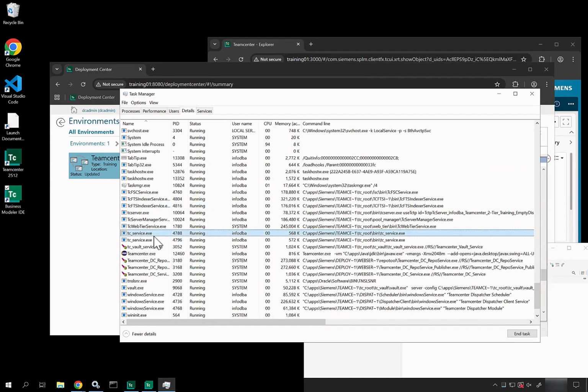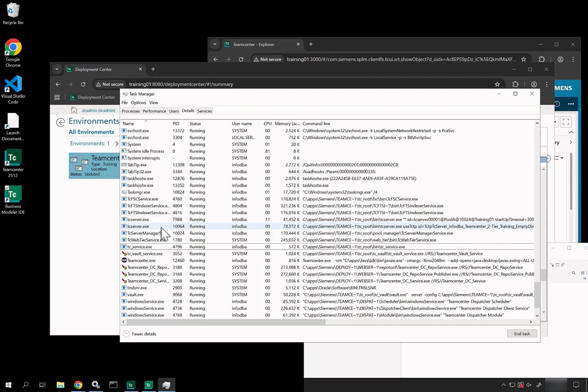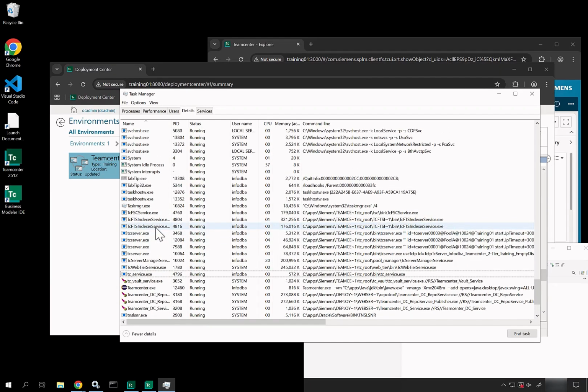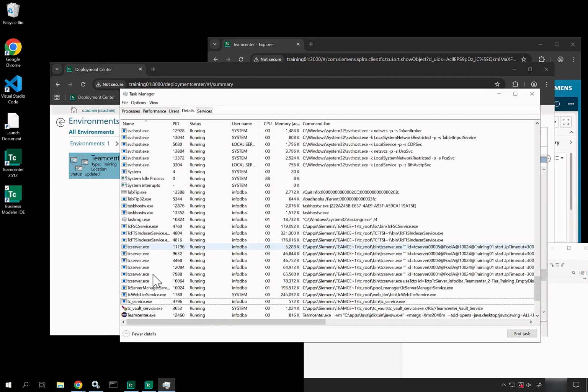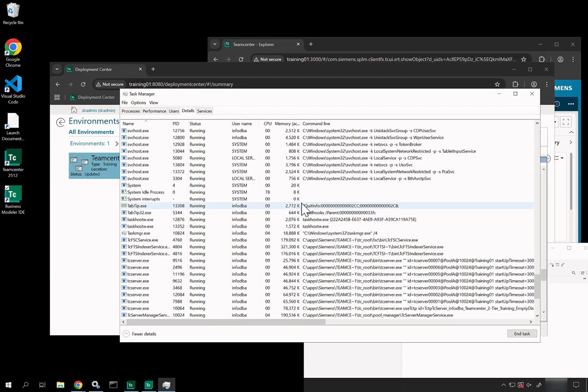Now, I do see a couple of these, which are hung TC server processes. So just the act of shutting that down left a couple of these sitting here. I'm going to go ahead and delete those. And you can see more are starting up now. So I did have a hung one. That Server Manager launches a bunch, and I'll probably want to kill the other one because just shutting that off